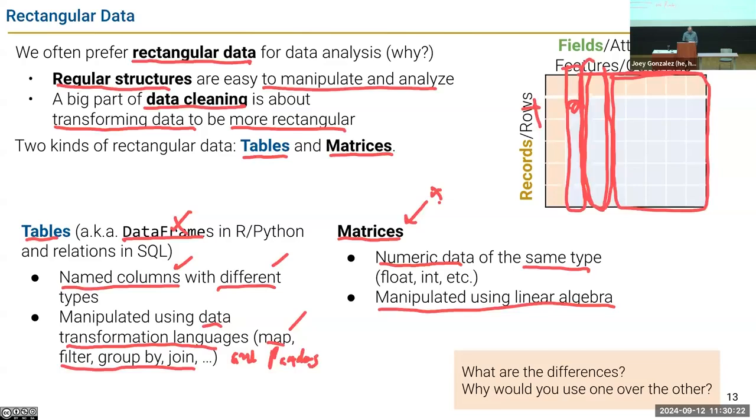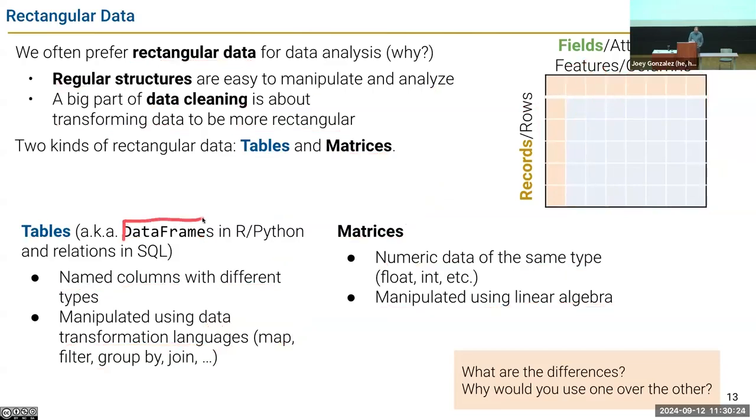So we will often work with data frames in this class. In fact, most of the time will be data frames or tables. And this will allow us to work with these kind of interesting data, which has different types, different kinds of information. And the column names are remarkably important because if you spend your whole time saying, oh, column 1, column 2, 3, it's very hard to keep track of what's going on. And in the process of doing data science, you're gonna make lots of columns. And the names matter because you're gonna look at it later and go, what was I doing? What is column 3? So names, types are all very important. So we work with tables.